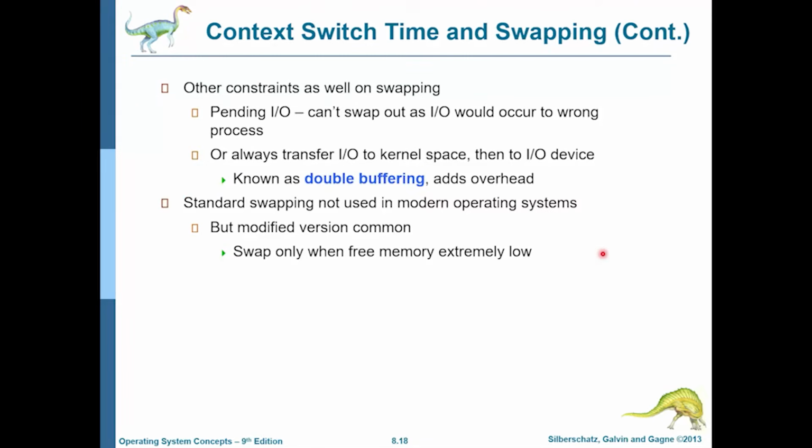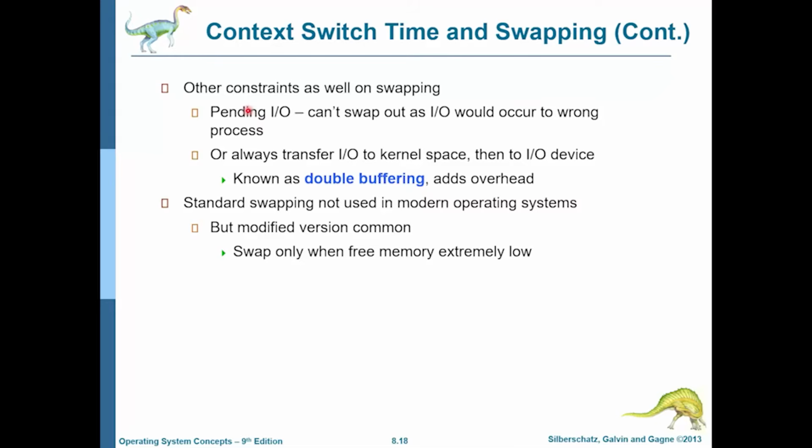We have already talked about the contents of this slide. I was talking about pending input output buffers that might be there in a process. So if a process was going through some input output, and it also had some buffers for filling in the input output data, and if the process was swapped out before it could even get the data, then what can happen is that a wrong process might get that data, or the data could override some essential memory contents of another process, the process that has taken the place of the old process which got swapped out.